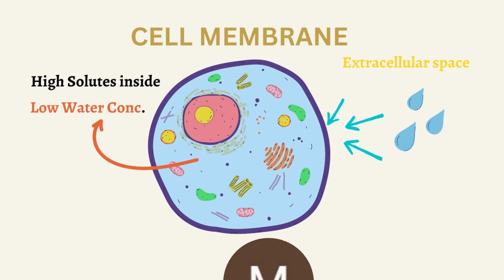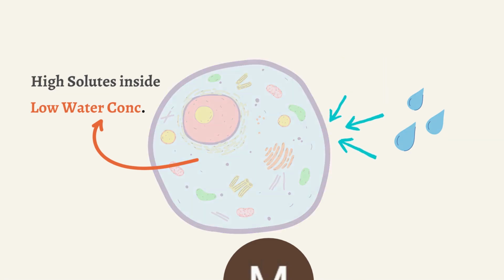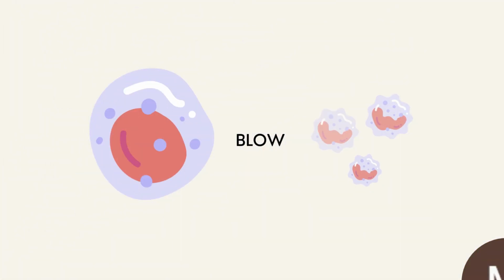As we know, water molecules move from an area of higher concentration to an area of lower concentration, so water from the outside environment will move inside the cell, creating an environment that will make the cell swell up because of the high water concentration. Continuous movement of water molecules from the external space towards the inside of the cell will result in swelling, and ultimately the cell may burst due to an intake of water,